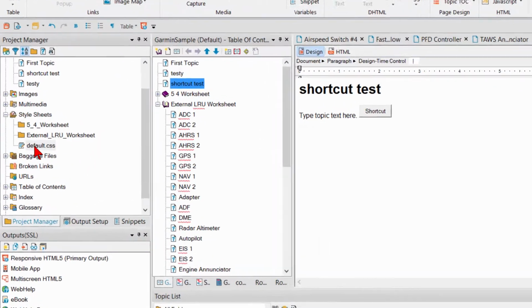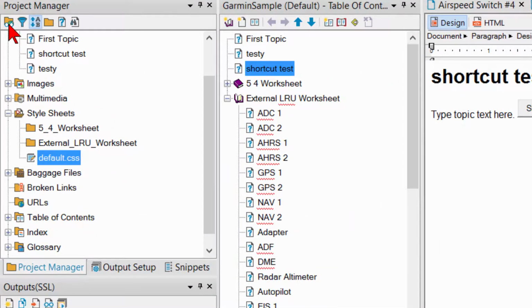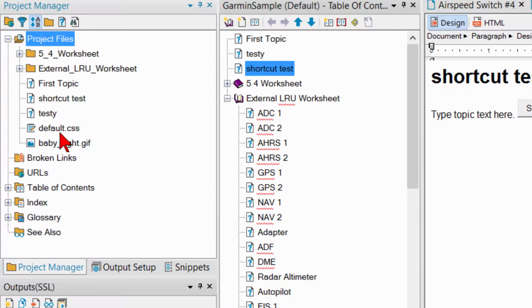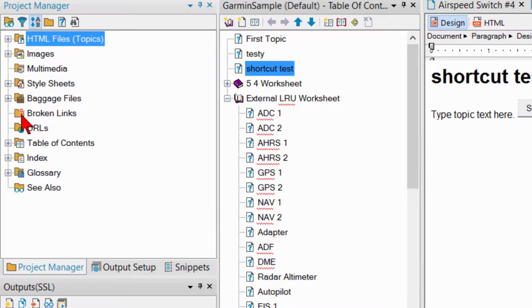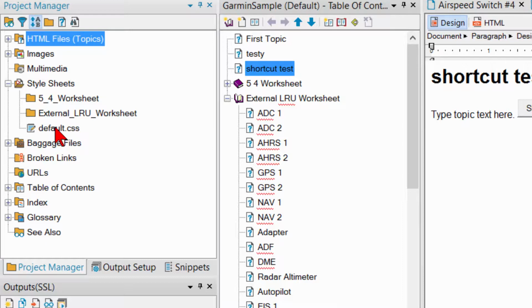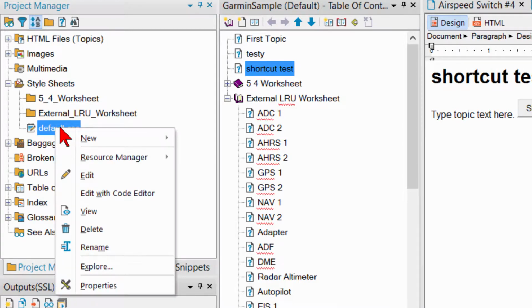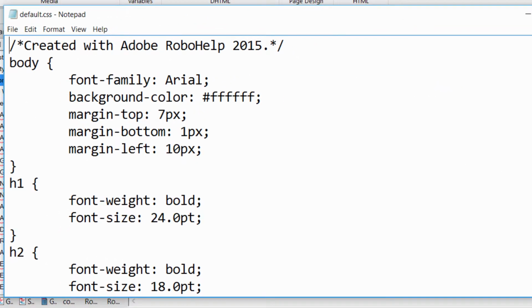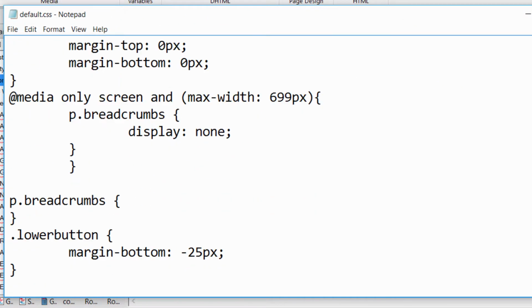Over in your Project Manager pod, you can see I'm looking at my classic view. If I'm in global view, my CSS is commingled with my files here. I like to be in classic view because here my style sheets are separated out. If I right click my default CSS, that's the one I'm using, and I choose to view it, Windows Notepad should open. If I scroll down to the bottom, you can see I've added a